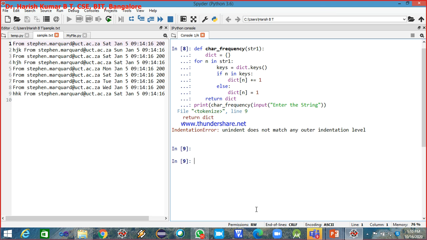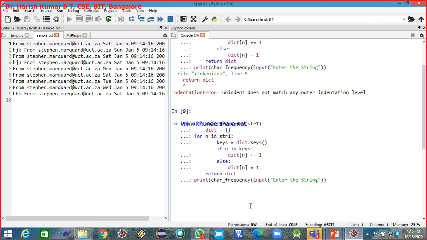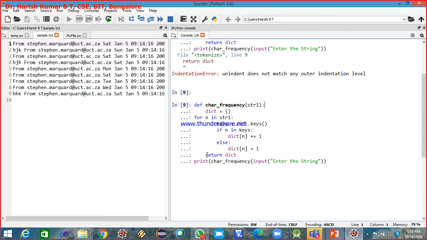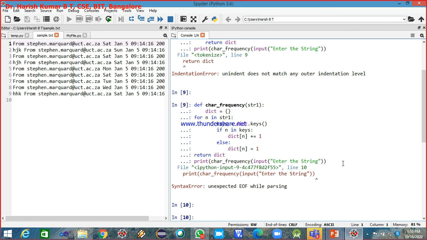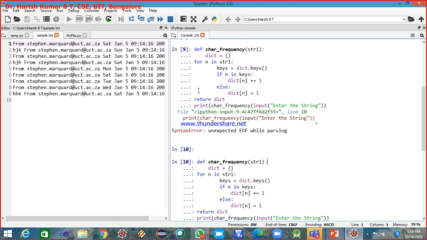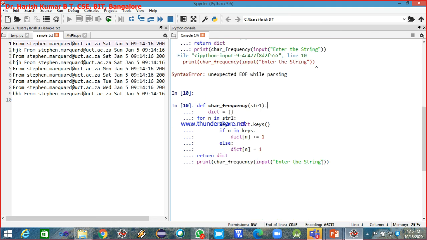Okay, unindented. Where it is saying return dictionary, this should be outside the for loop. Again, I think one more bracket is required. So this is closing for this, this is closing for this, and one more closing for print.